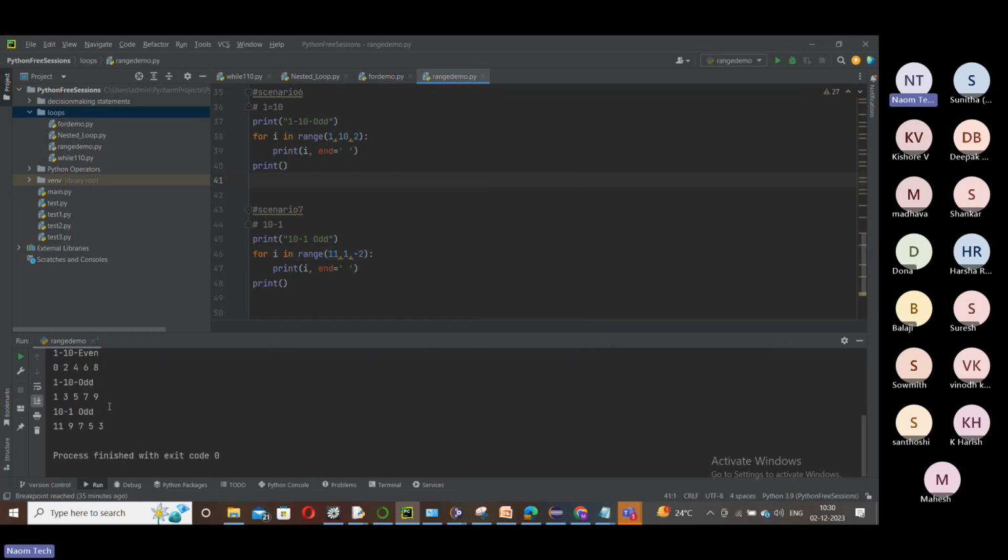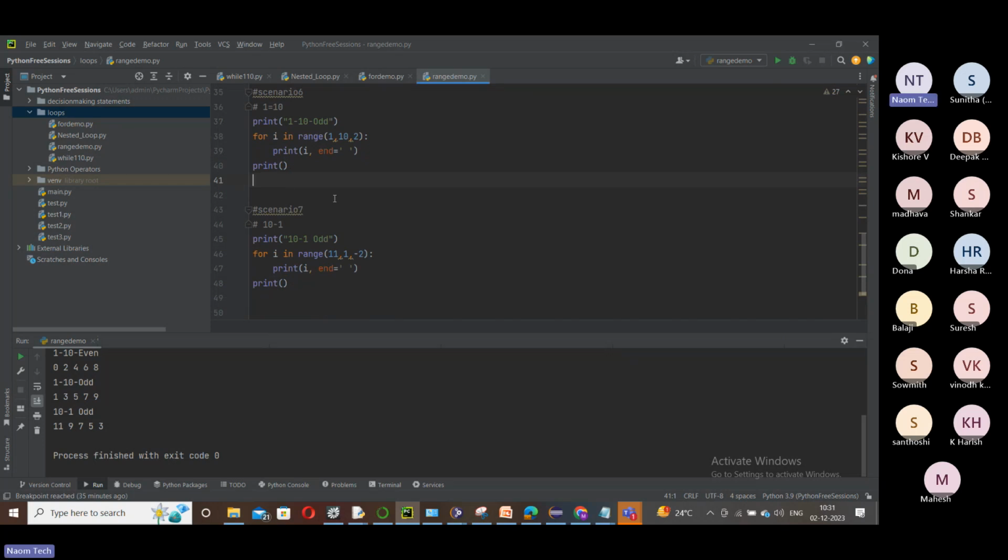Now you can see here, 10 to 1. This is actually ascending odds. This is descending odds. Similarly, if you want descending evens, then what do you need? Sorry, if you want evens, we already did that, I hope, right? If you just increment by 2, you get evens. Sorry, not here, this one. I hope this should be clear for all of you, friends.